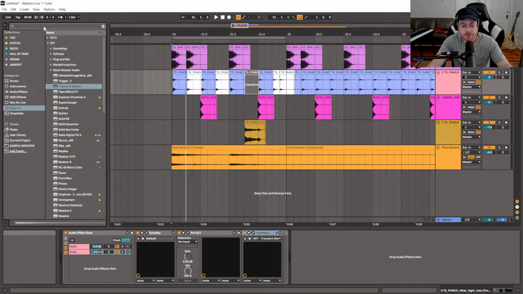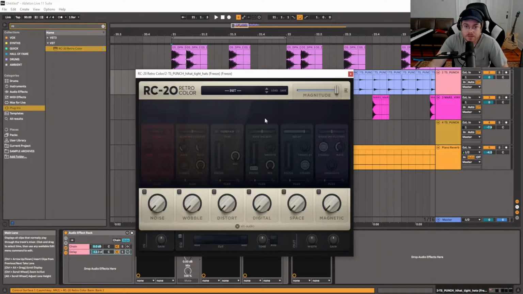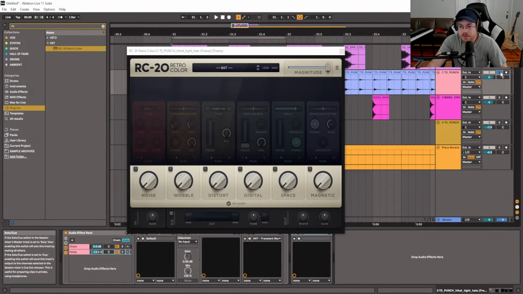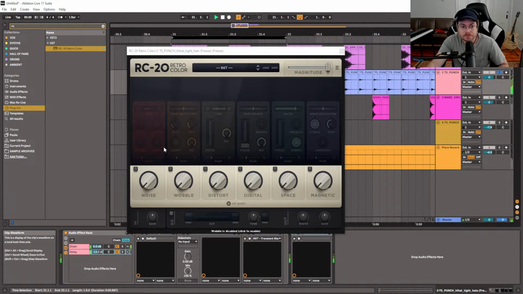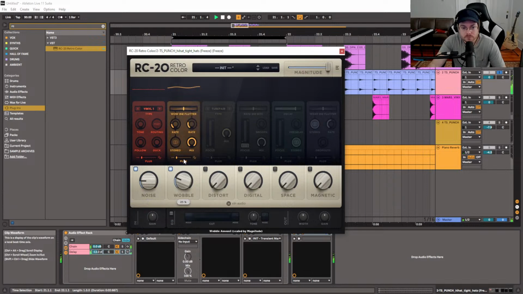So we already have a really interesting hi-hat sound. Here's one thing you'll see people take out all the time. It just has a cool sound, so we'll just listen to it. I think because this is sort of an all-in-one thing, you can add a lot of character to one particular track. Or if you want to put this on a bus track or your master bus even, you could do a lot with it. So I love the noise it adds. You notice when you add wobble and you turn the rate down,